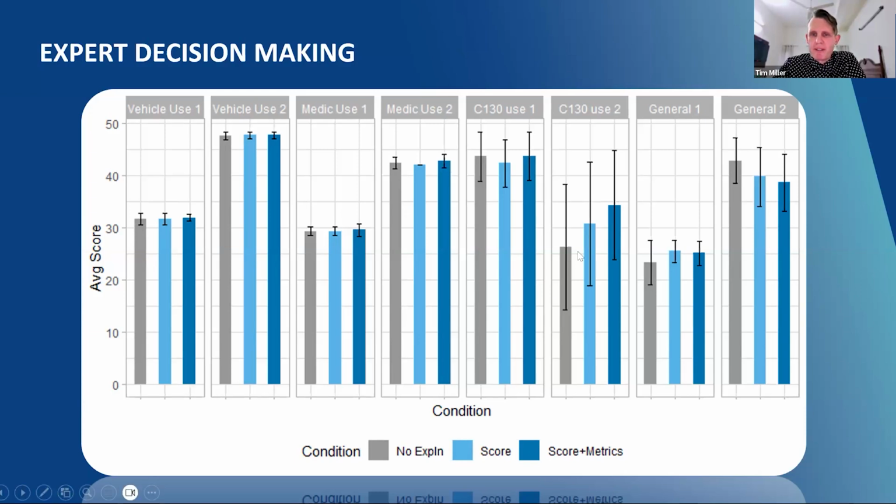Sometimes, in this case, the 2 treatment conditions do better, but other times, as we see in this one, they do worse. I'd like to say this was just a quirk of the experiment design. It might have been, but around the world, we're seeing exactly the same thing in many domains, and especially in the clinical domain.